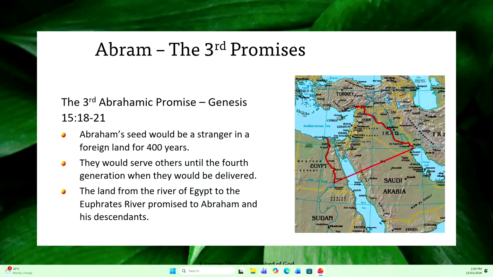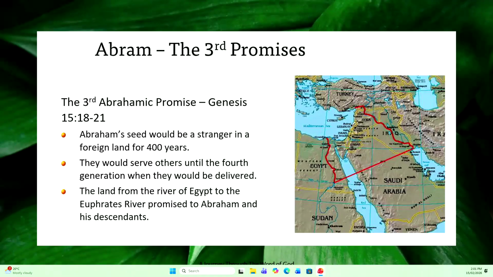Okay, so the specific third promise made to Abraham is really about what Graham is going to be taking us through next week, through the story of Moses and the children of Israel. So this is a short-term promise that God made to Abraham that was going to be fulfilled quite quickly, as opposed to the other promises that some of them haven't even been fulfilled yet. But the third promise, let's get into it.